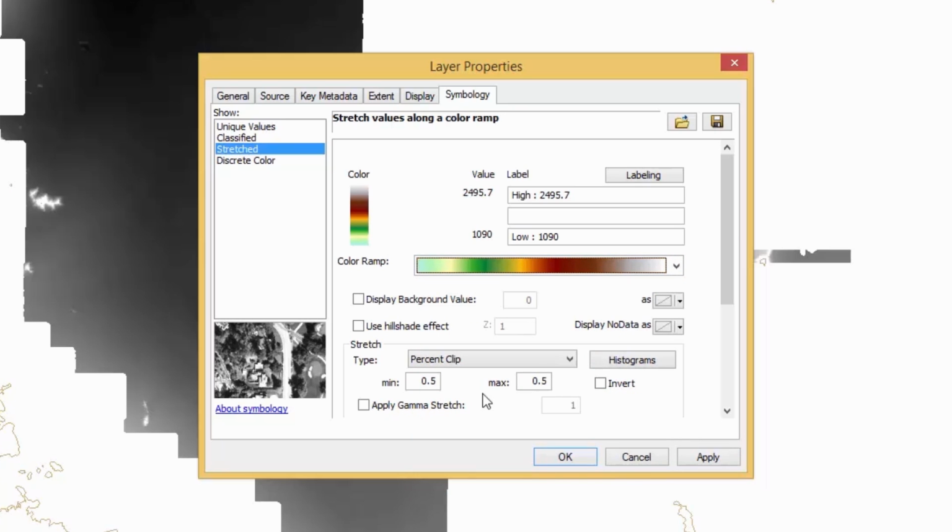I'm going to check the use hillshade effect box, and what this will do is it'll give the image a 3D effect. It'll highlight one side of a mountain and give a shadow to the other side. These settings don't modify the elevation image that we've just created. They only change how it is displayed in ArcMap. So if we go ahead and close ArcMap after this, the image will be unmodified. So let's click OK,